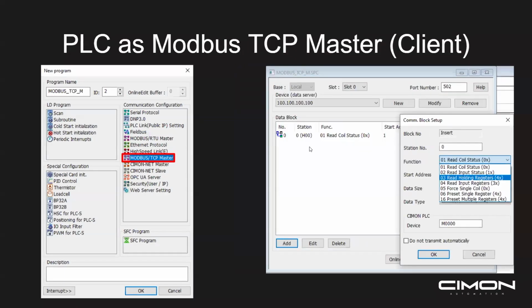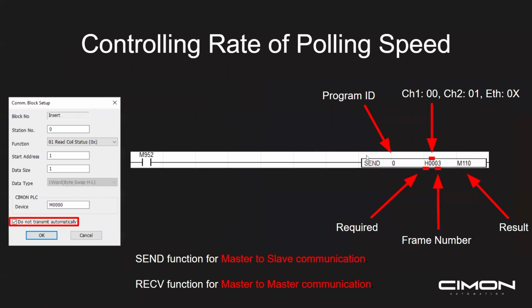All right, so that's pretty much all about Modbus. If you're going to control it manually, you're going to be using this instruction right here. Master to slave communication is using the send instruction. Master to master communication is using the receive instruction. So program ID, the required H, 0 being the channel, or 1, like 232, 1 being channel 2, Ethernet, so